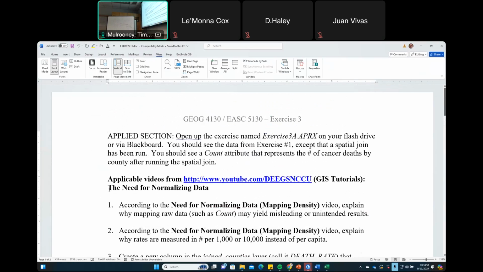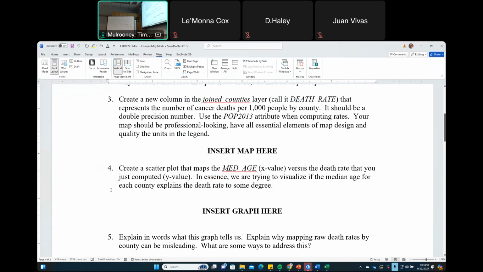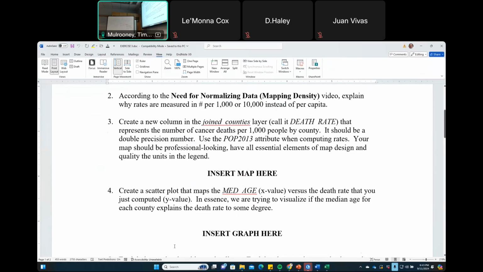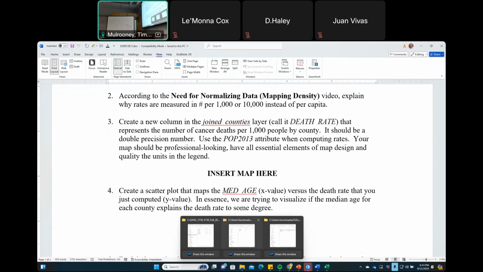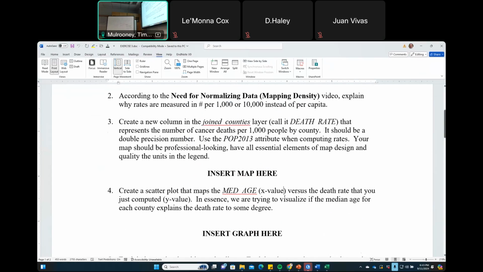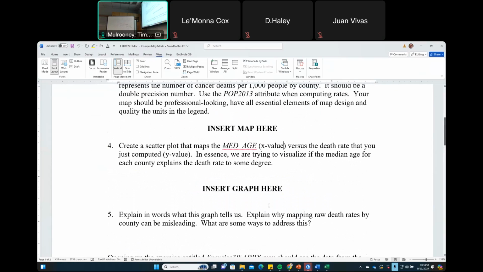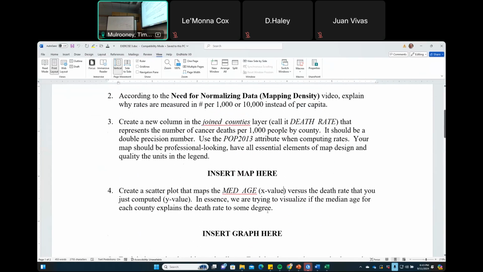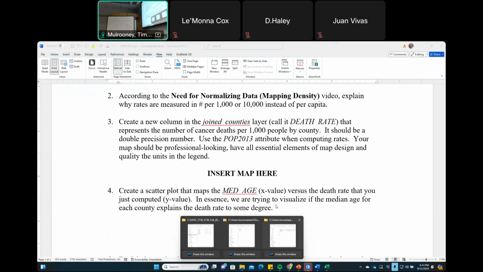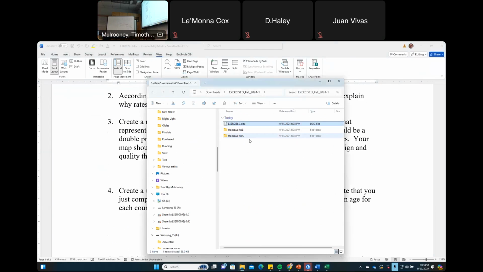All right, what else do we have? All right, exercise 3A. We could open up 3A for a little bit. Okay, oh, we've got scatter plots. We'll look at some scatter plots and then we'll make the maps. We probably won't make that map, but I'll get a start.